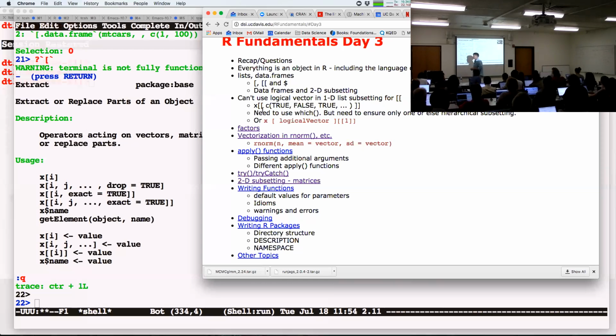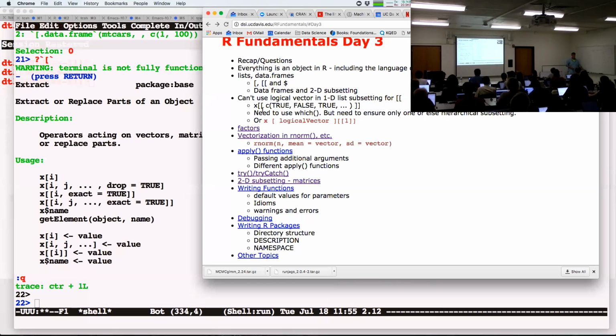Okay, and we're running out of time. There's a bunch of other stuff that I want to get to. We'll do it on Thursday, which is fine. I talked about the apply functions, but I don't believe I mentioned the mapply function, did I? I mentioned it, but I didn't explain it. And I also didn't explain tapply. So we'll come back to tapply and mapply.